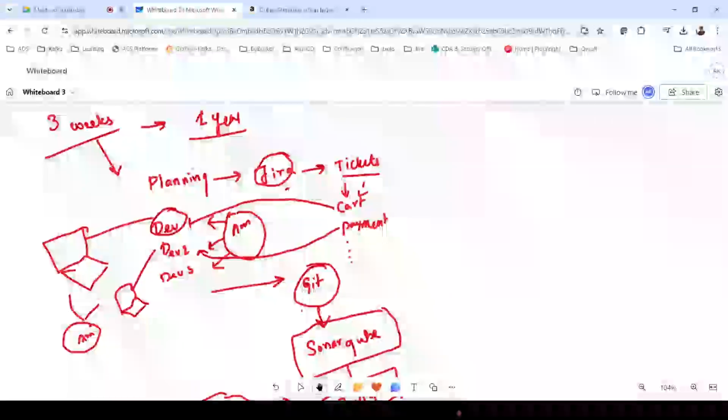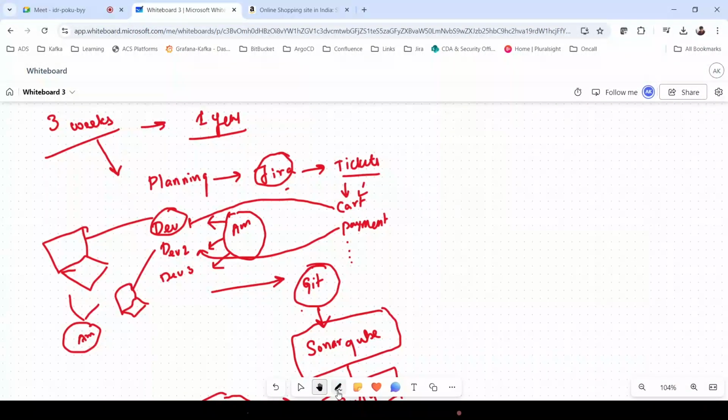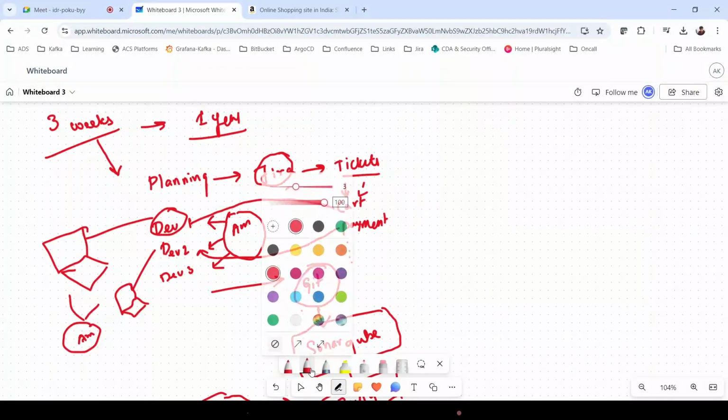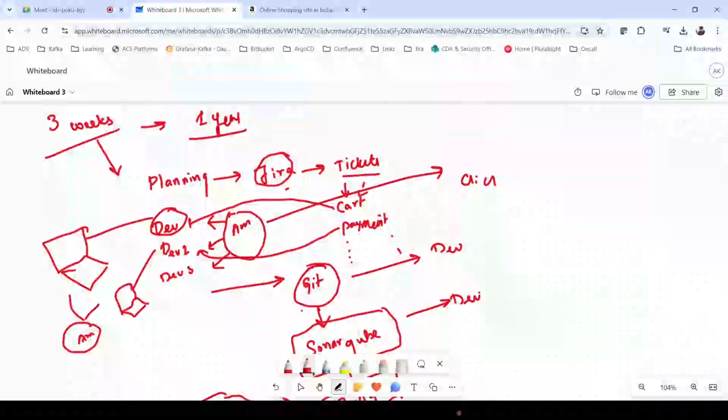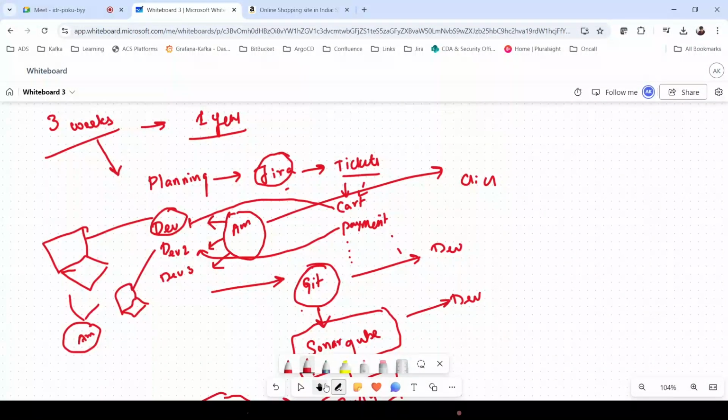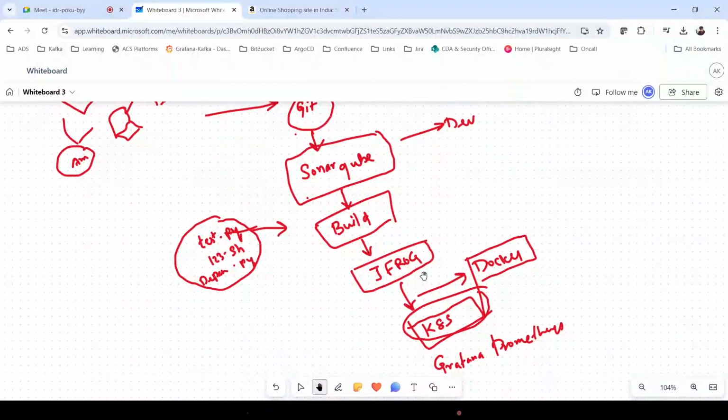So this Jira, when we explained, it is like the client requirement. And then Git is used by the dev team. SonarQube is used by the dev team. And then build.